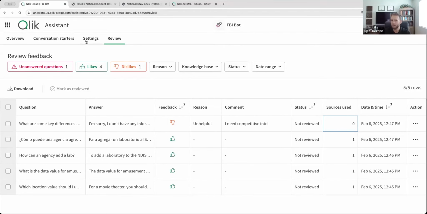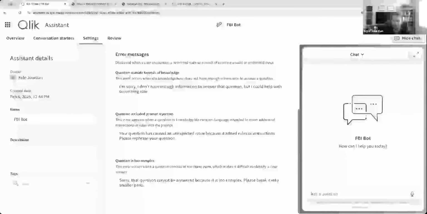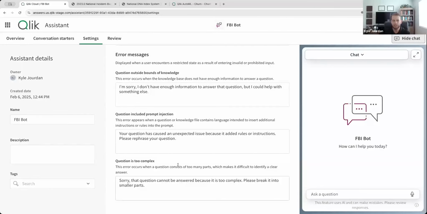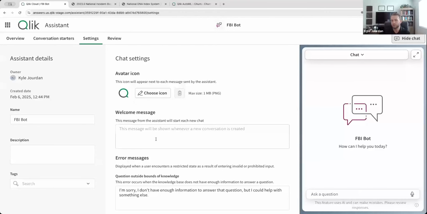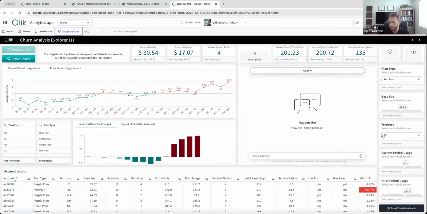And then finally, one of the last pieces I'll touch on inside of here is the customization ability. So you have the ability to come in and do some deep customization around the types of messages that might go back to users, the avatar that's used for these assistants, any welcome messages, as well as create some conversation starters where you can pre-seed some questions for users to see so that you can guide them in the direction of what types of questions they can ask of this tool. And all of this is completely embeddable. You can pick this assistant up and embed it maybe into a Qlik dashboard.